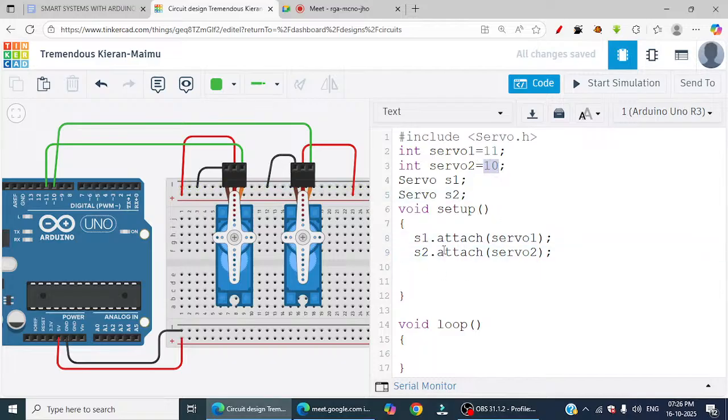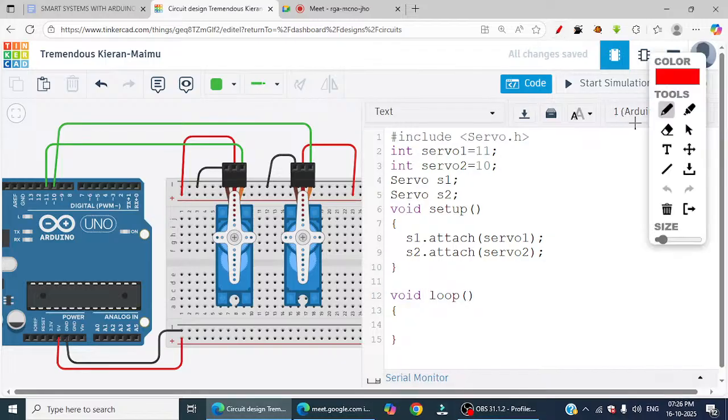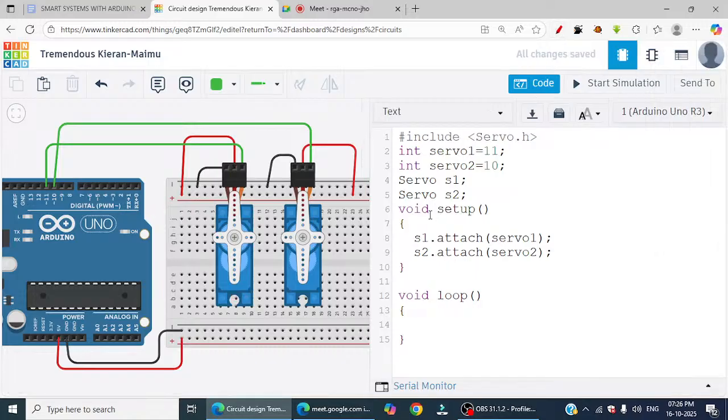Now we did this void setup. Now we can go for void loop, and inside void loop, first we can see how this is working. Currently the servo motor is at angle 0. This side is 0, this side is 180. If you need to rotate this to any angle, I'll show you how to do this. If you need to change the angle of the servo motor,